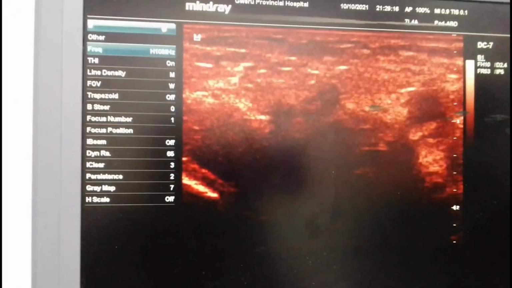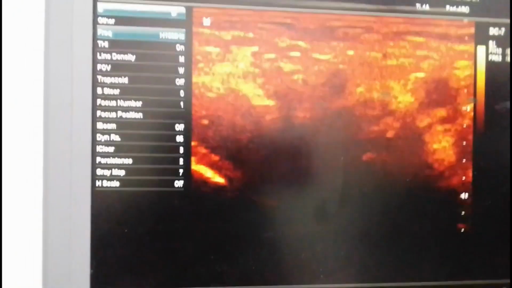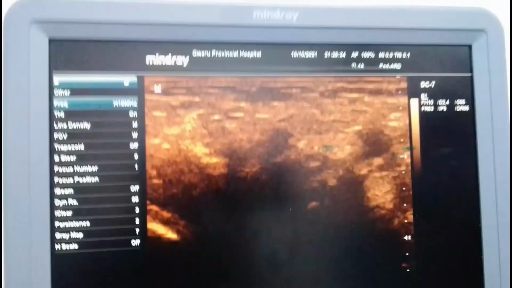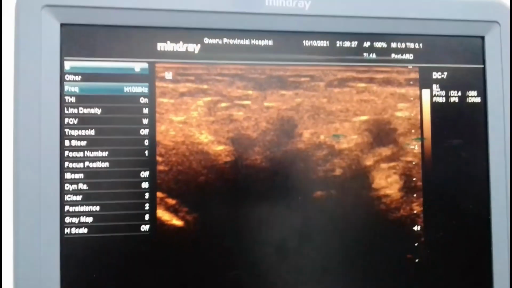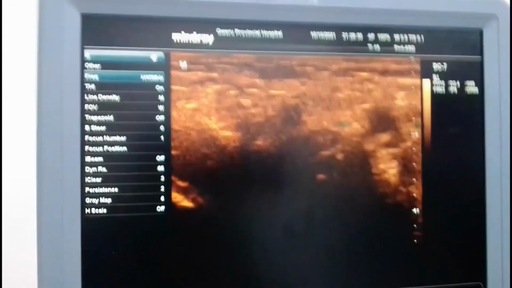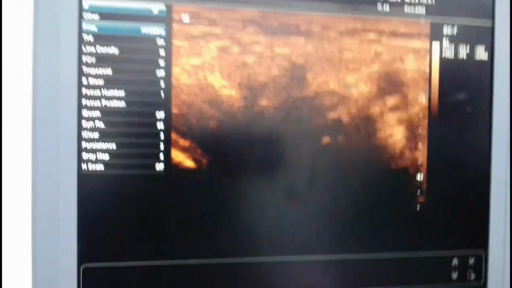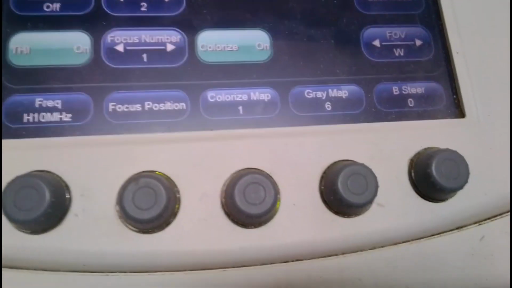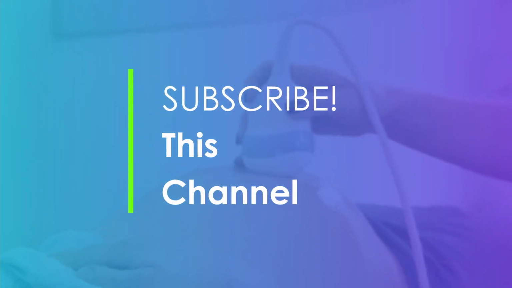So you can actually adjust the map, or you can adjust the type of color that you want to use. That can help you to appreciate pathology better. Then you can adjust like that. In a nutshell, this is it in terms of this type of key. I hope you are growing rich in terms of knowledge. Different machines from different vendors have different keys that you can use to adjust the gray map. On my machine, which is Mindray DC-7, I use these two keys that you are seeing here to adjust my gray map accordingly.